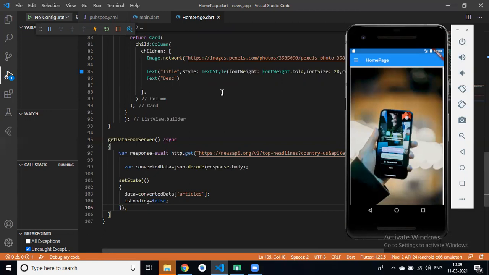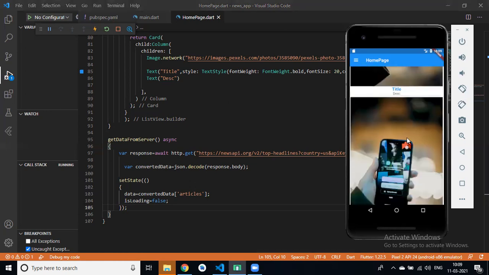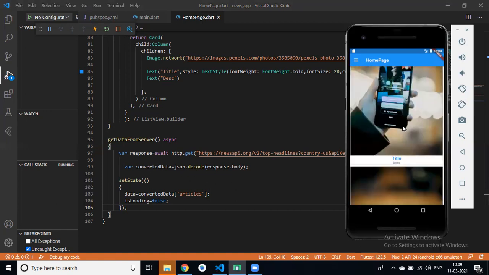You can see first our loading circular progress indicator, then our card, but our image, you can see. Yes or no?